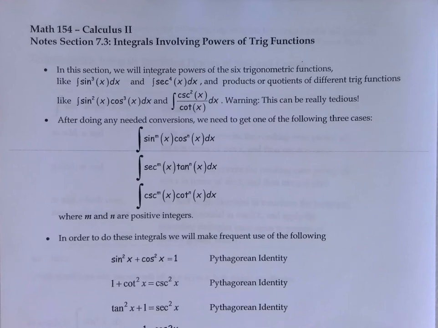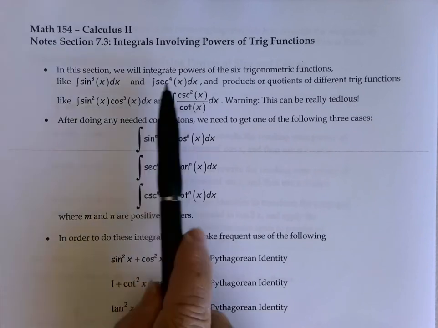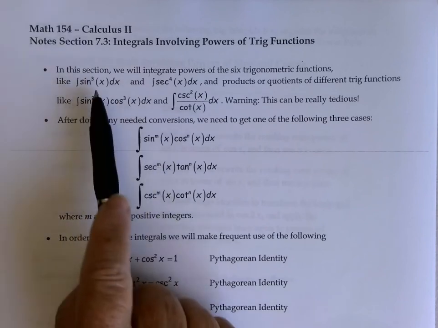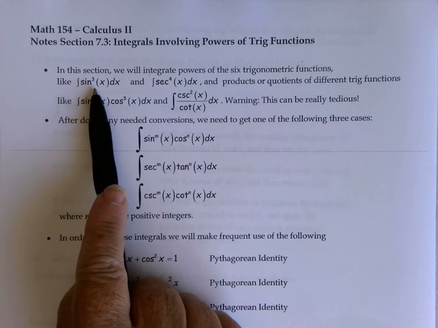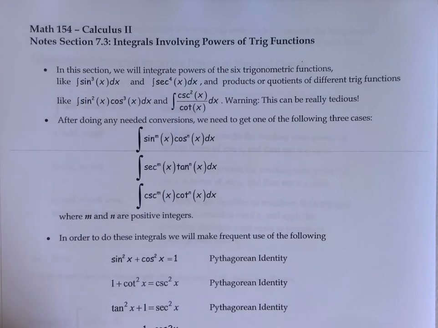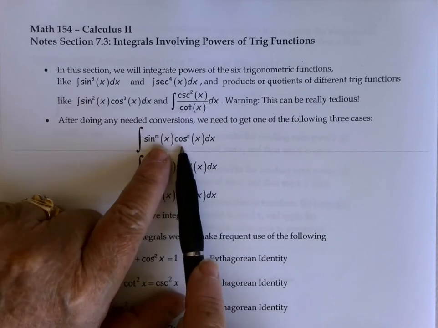We're looking next in section 7.3 at how to find the integrals of expressions that involve powers of trig functions. We're going to be looking at certain types of situations. We'll be able to integrate powers of a single trig function, like sine cubed of x or secant to the fourth of x. And then we'll also be able to integrate products or quotients if they involve either sine and